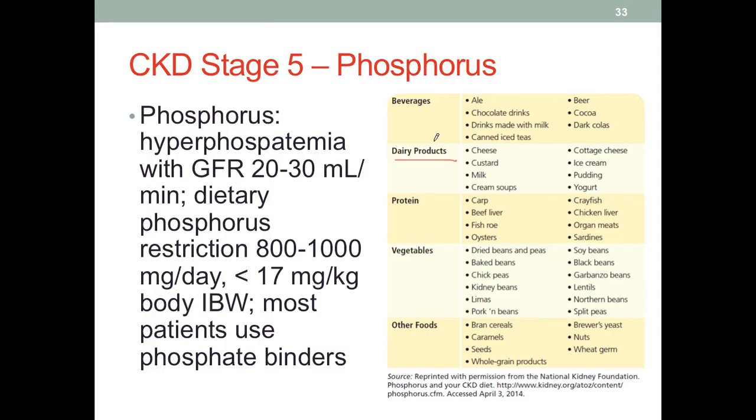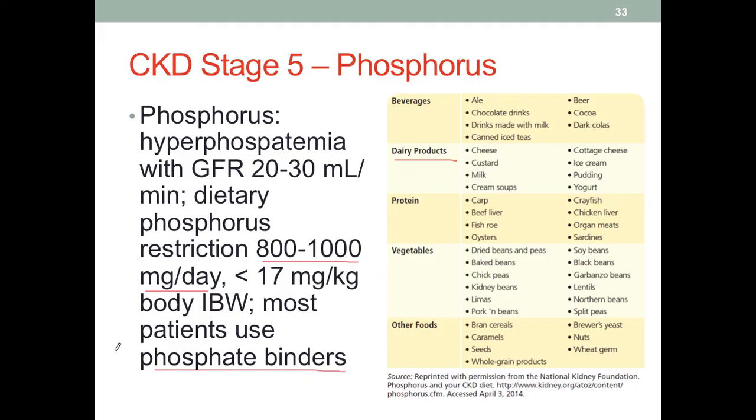Another thing about phosphorus is that because it is so prevalent, it is very difficult and challenging to modify the diet to really limit the phosphorus intake at this level of 800 to 1,000 milligrams a day. In reality, once we calculate everything, if all the other markers we check are met, so we're meeting the levels for other minerals, protein, fluid, energy, and they're fine, but the phosphorus may still be over 1,000, then we could recommend that the patient's doctor